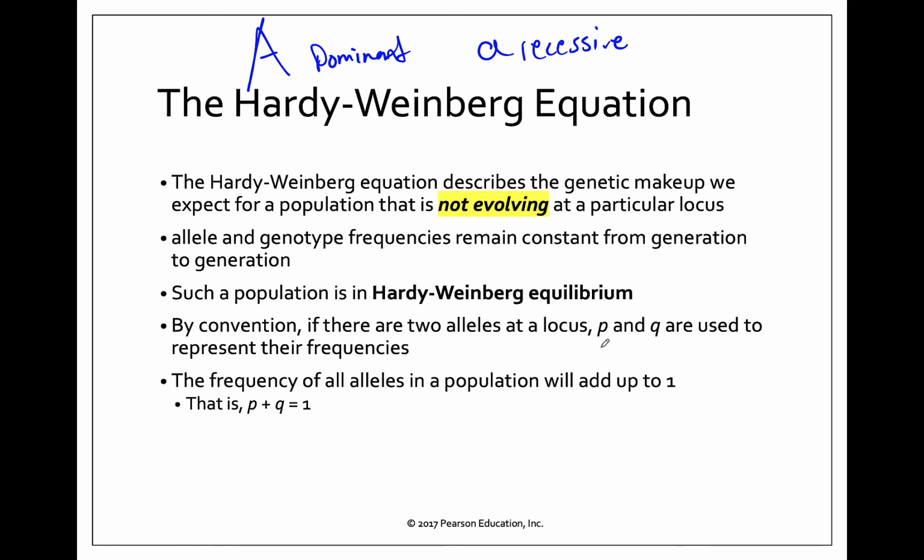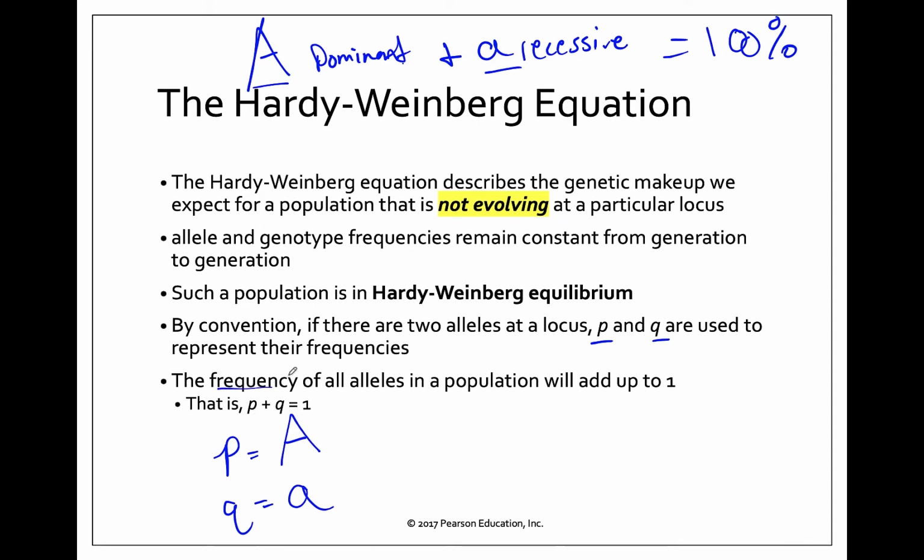So if we think about this, what we're going to do is assign some variables, P and Q. P is going to indicate the frequency of the dominant allele, and Q is going to indicate the frequency of the recessive allele. If these are our only options, big A or little a, there are no other options. When we add up all of the big A's and all of the little a's, that's going to be 100% of the alleles, right? That's all of them. So this is how we get our first